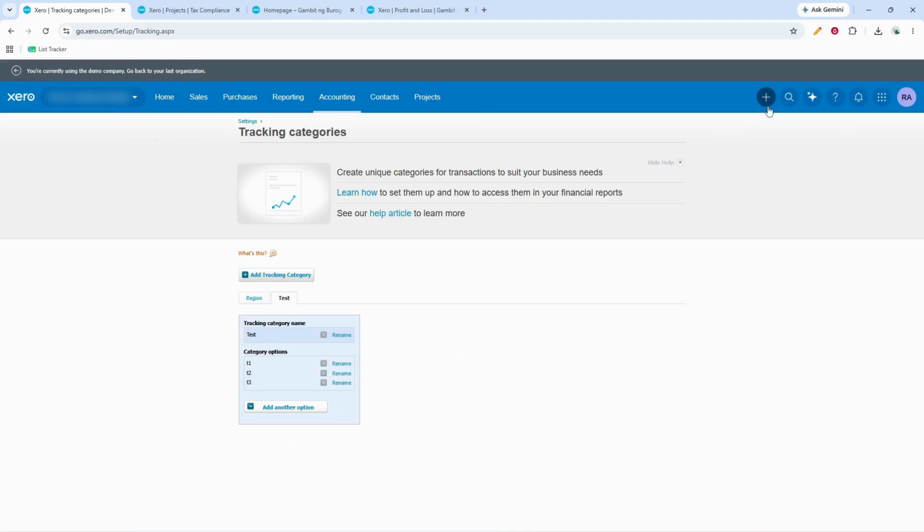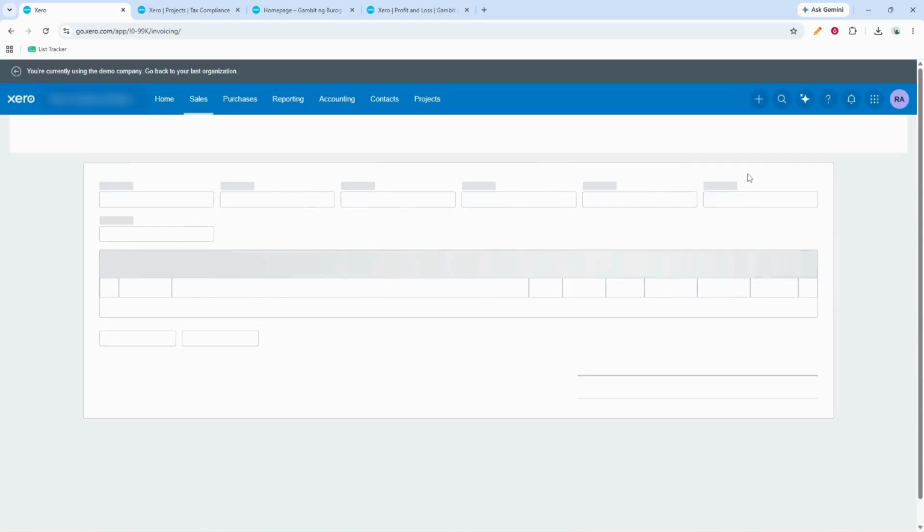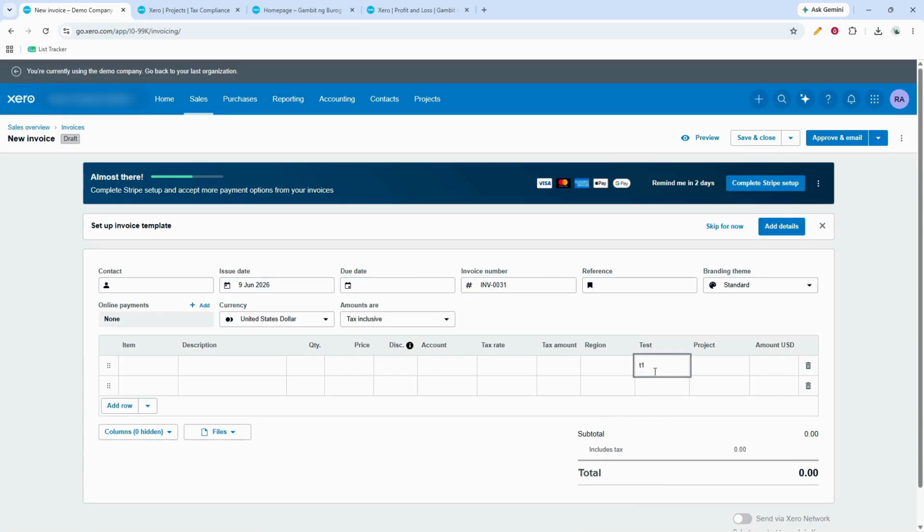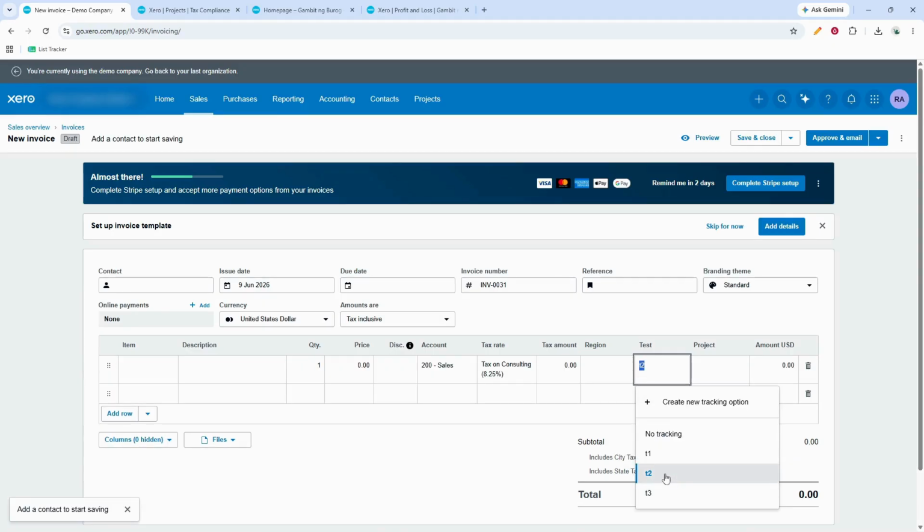Now that it's set up, you can use the tracking category when creating or editing transactions. As you enter a bill, invoice, spend money transaction, or another supported entry, look for the tracking field and select the appropriate option. This step is important because it's what connects the transaction to the category and makes the reporting